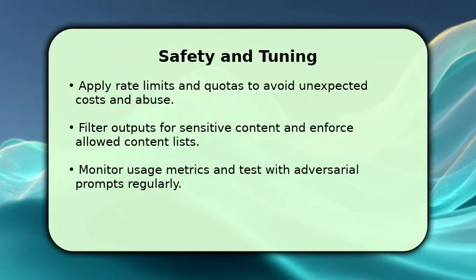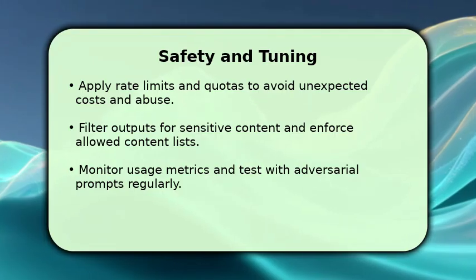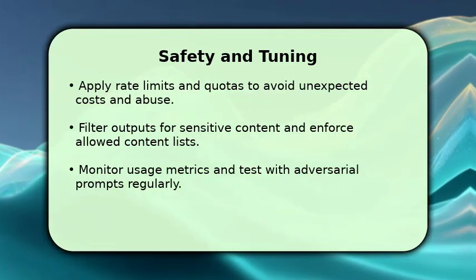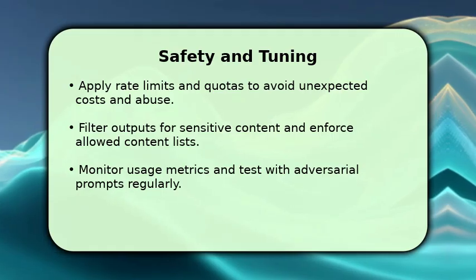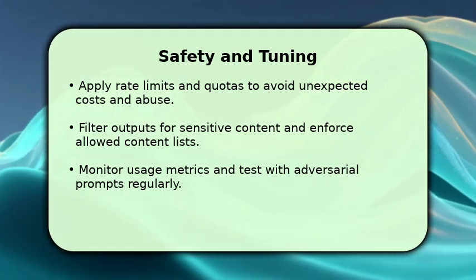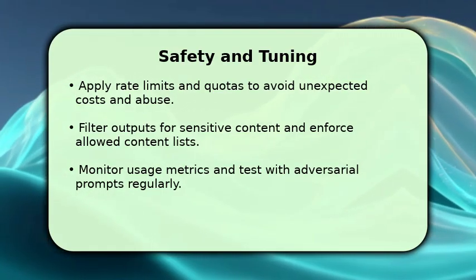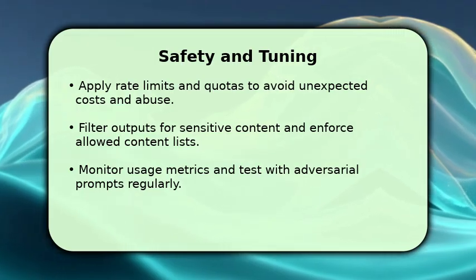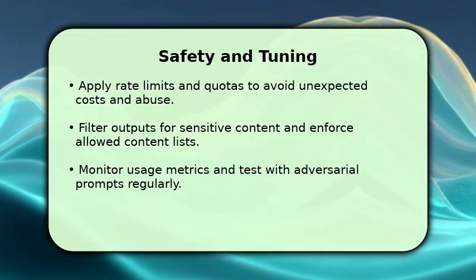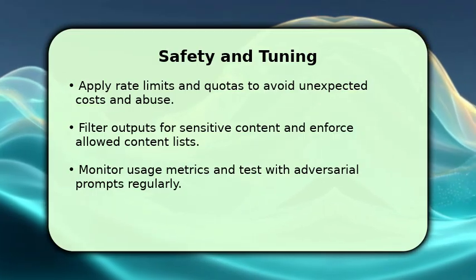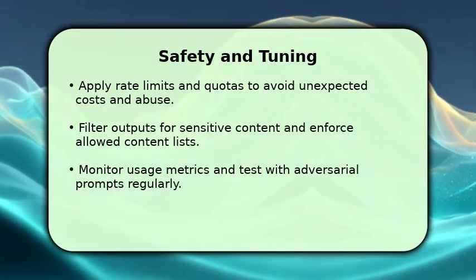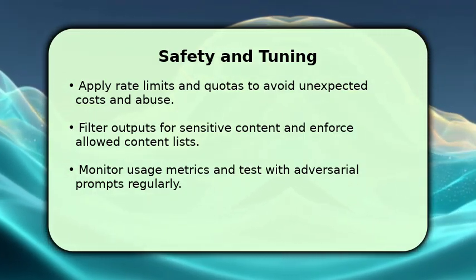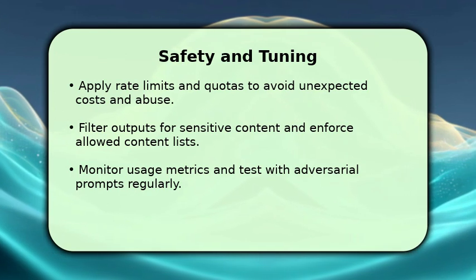Prioritize safety by filtering model outputs and implementing rate limits to control cost and misuse, while testing adversarial prompts to find weaknesses. Use content policies and allow lists to block unsafe responses, and log flagged interactions for review. Tune temperature and penalties for better consistency, and keep model upgrades documented so you can compare performance changes across versions